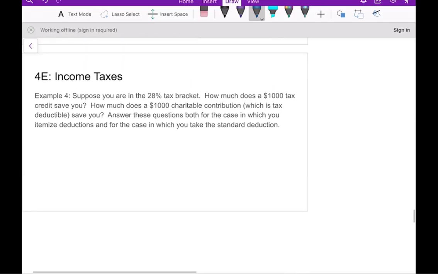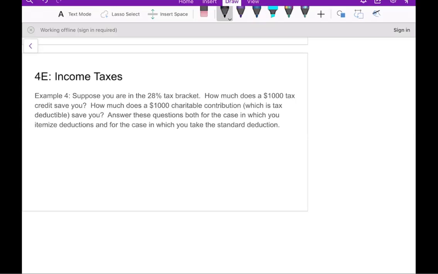All right, so let's look at an example of this. So suppose you're in the 28% tax bracket. Now, we want to know how much does a $1,000 tax credit save you? How much does a $1,000 charitable donation, which is tax deductible, save you? All right, so we'll answer these questions both for the case in which we itemize deductions and also for the case in which we take the standard deduction. Now, if you take the standard deduction,